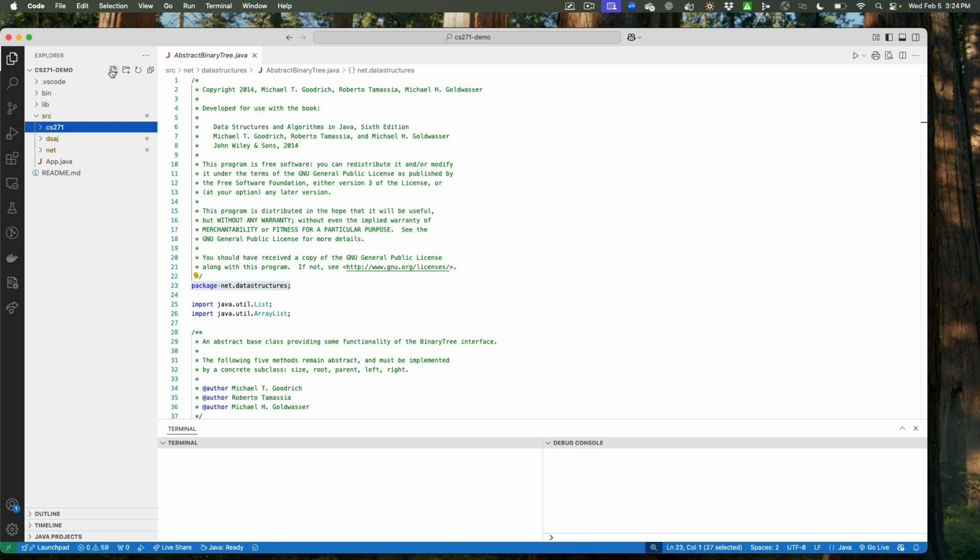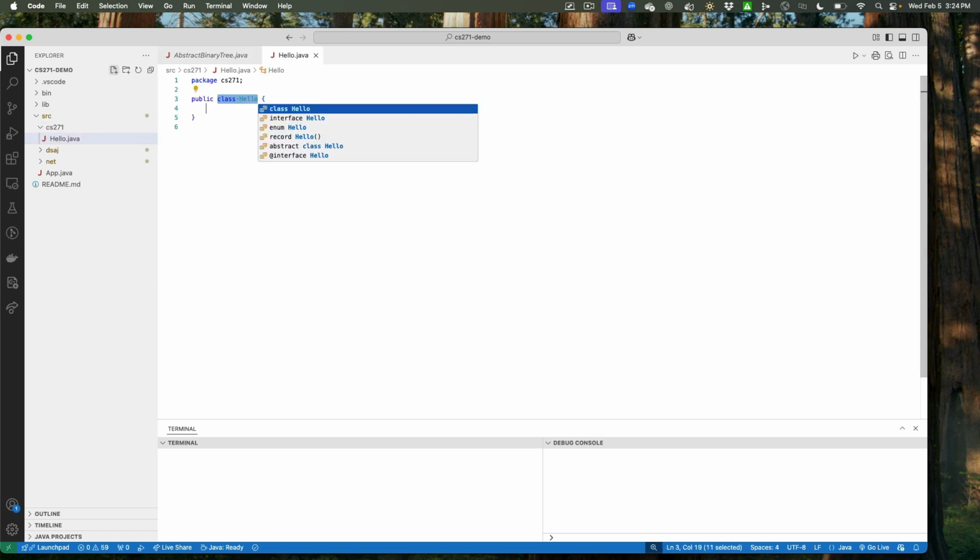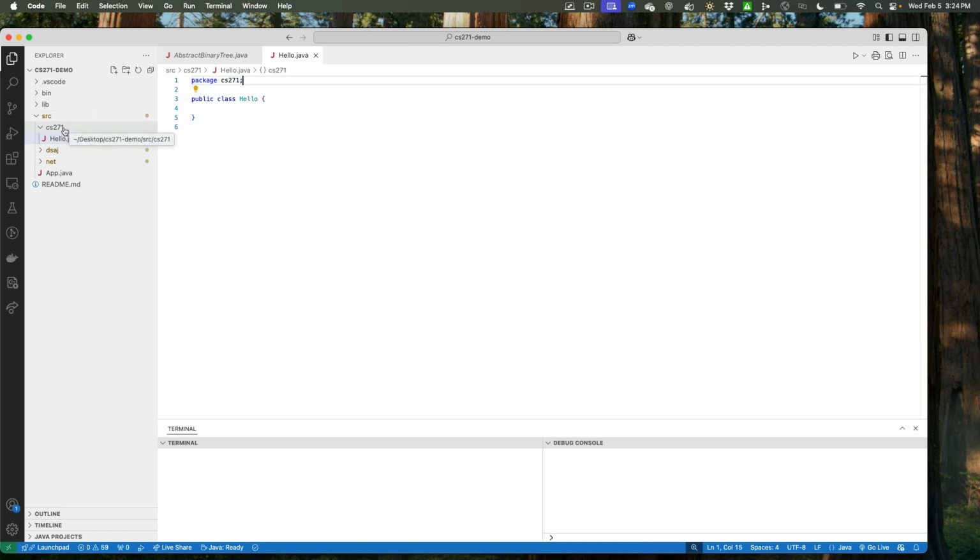And then with that highlighted, if I click here, this is the new file. And I'm just going to call this Hello with a capital H because it's a class.java. And there it is. And Visual Studio Code was polite enough to actually write the word package CS271 here at the top. So this class is now properly in that package. And if I wanted to do something here, public void say hello. This is really not going to win any awards, but